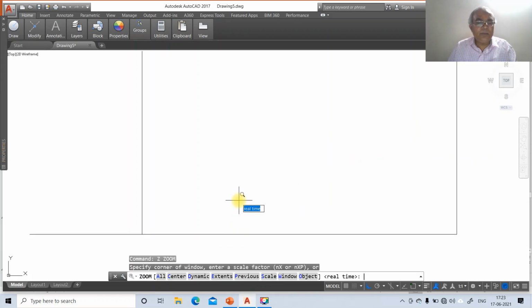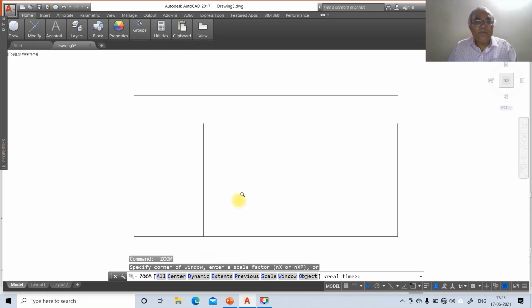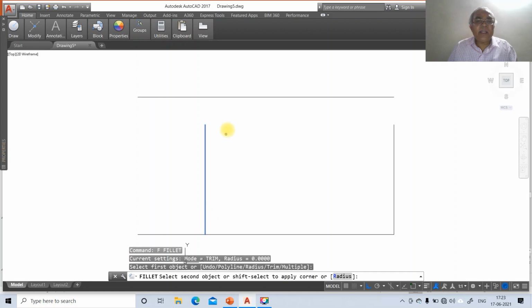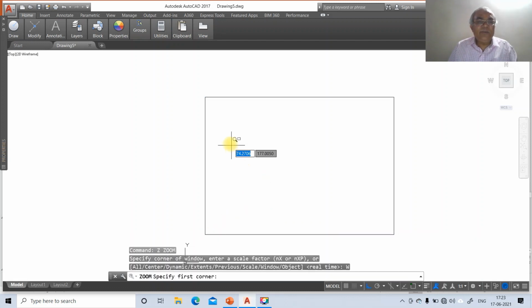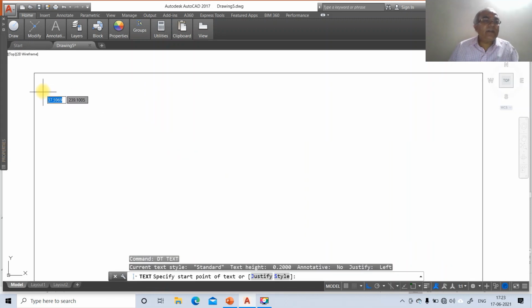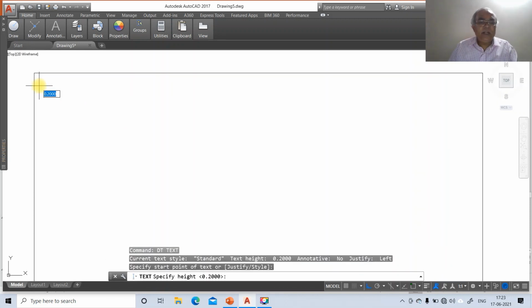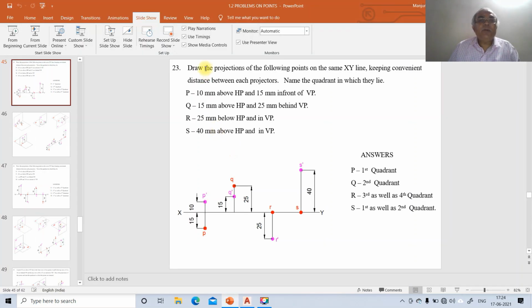Then go to zoom, extents and zoom 0.6x, then go to fillet, select this vertical line and this horizontal line, and similarly this horizontal and this vertical, and this vertical and this horizontal. Take zoom window, and then go to dtext, specify start point of text, select some point and take the height as 4, rotation angle of text as 0, and type the problem number